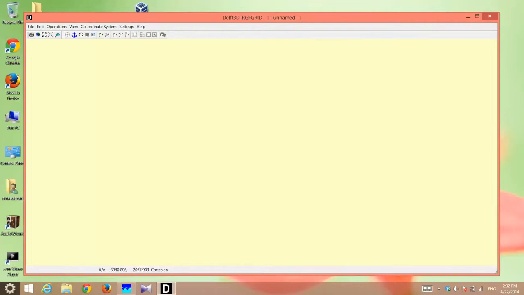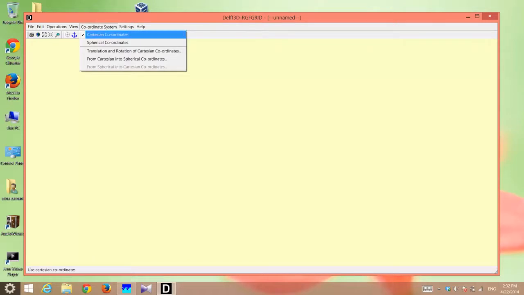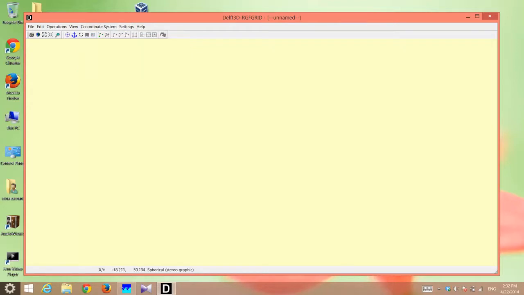The first step in the RGF grid is to go on these tabs, click on the coordinate system and select your coordinate system. Either it's Cartesian, which is the default, or it's spherical. I'm using spherical coordinates, so I have to switch to spherical coordinates here. The second step is to